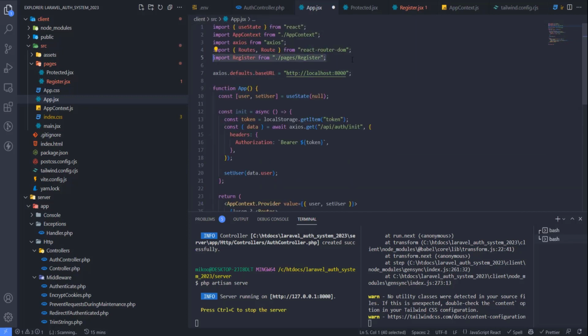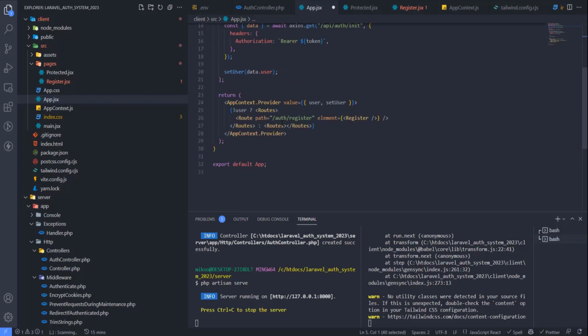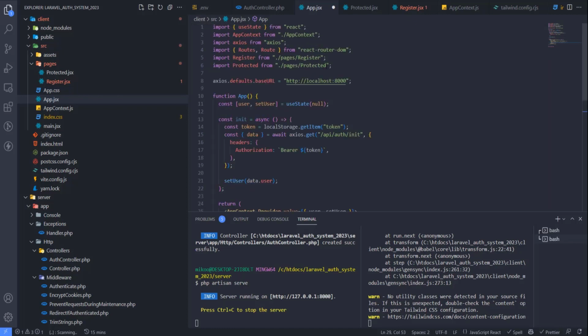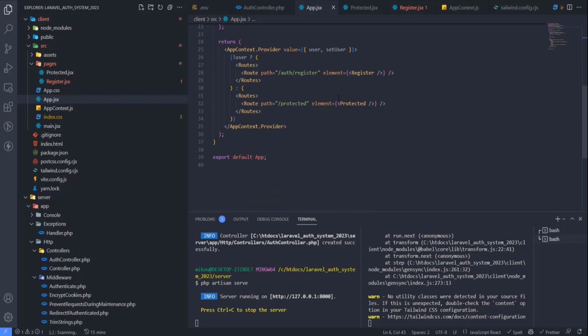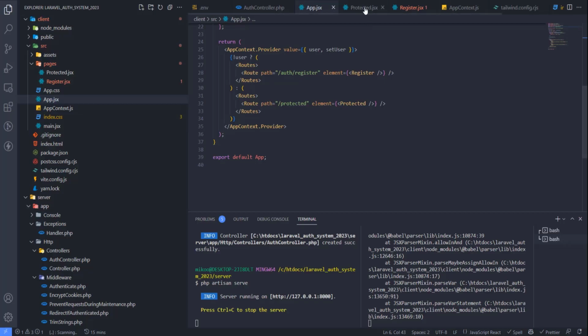Import register from page register. And here if we do have a user, then we will have route path protected will be called protected, and we need to import this, so it was imported as well. And now if we see the page, yeah, so in our register